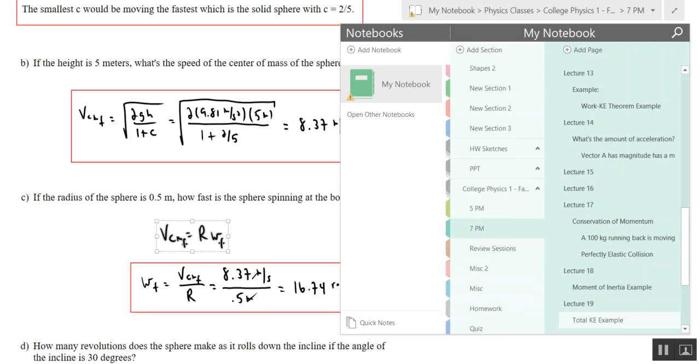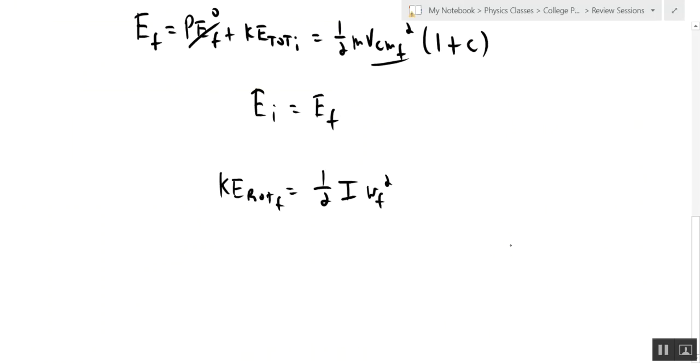That's another key thing to know for the test. So then you use this equation here, because you know VCMF, you just figured it out. The R is given for the problem, the radius of the disk or whatever it is. So then you can find omega f,